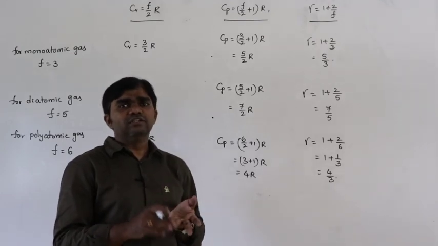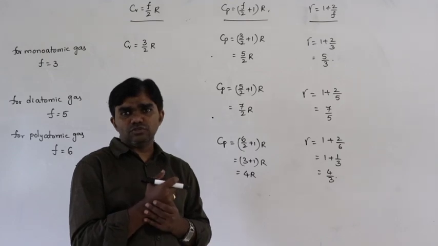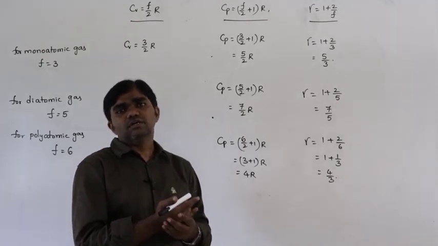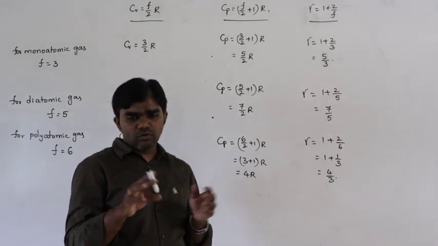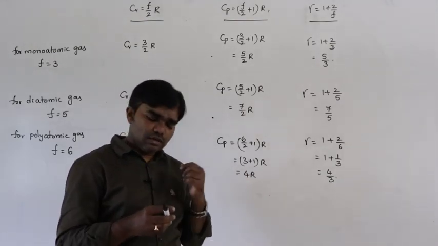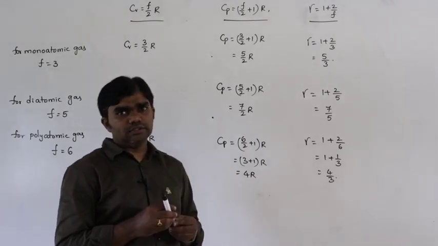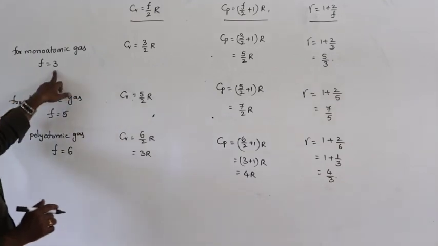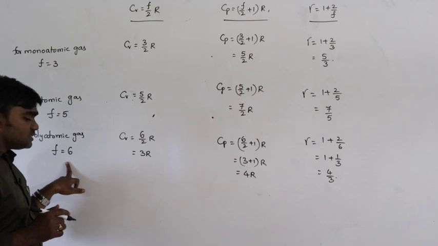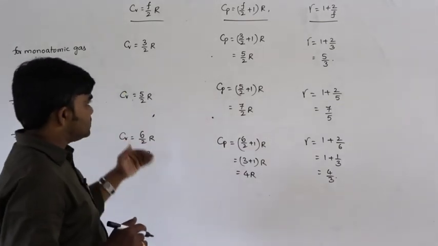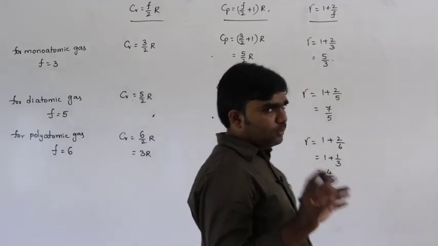3 translatory, 3 rotatory. What is rotatory motion? In system of particles and rotational motion, we clearly discuss that rotational motion and why it is 0 for a monoatomic gas. In that situation, we can get the clarity, but up to that you can remember that. So the number of degrees of freedom for monoatomic gas is 3, for diatomic gas is 5, for polyatomic gas is 6, based on its Cp, Cv values. So directly, blindly, you can write while doing the problems.